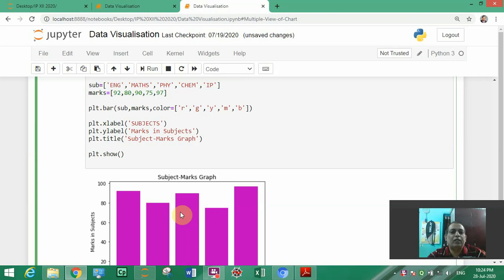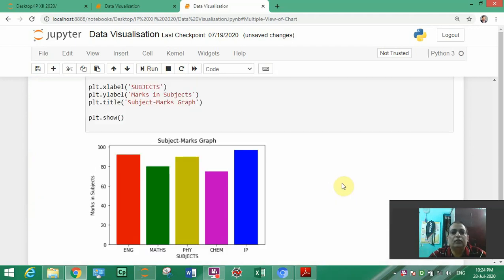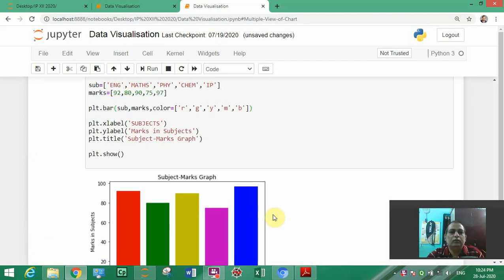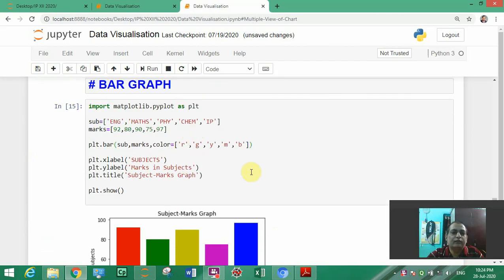So we have 5 bars, so 5 colors we have given in this program, and now run and see the different colors. So in this way we can change the color of the bar, okay.